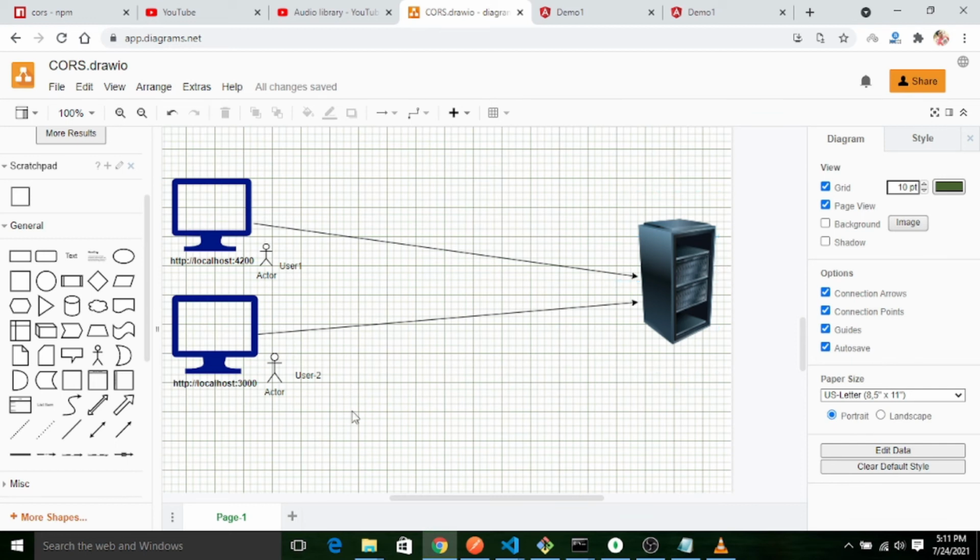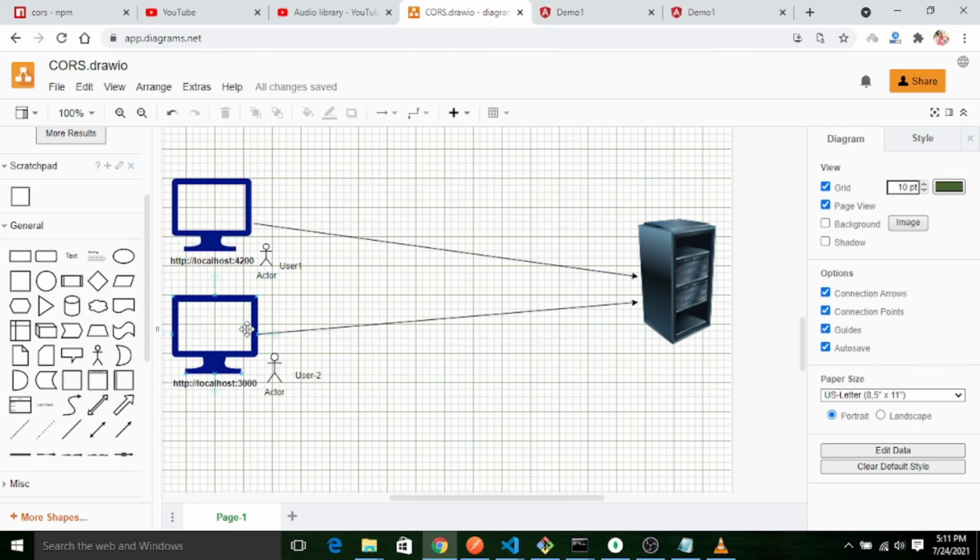The other users, who are using the domain 3000 and trying to access this server, cannot, because the server will not allow access to the users using this 3000 domain.